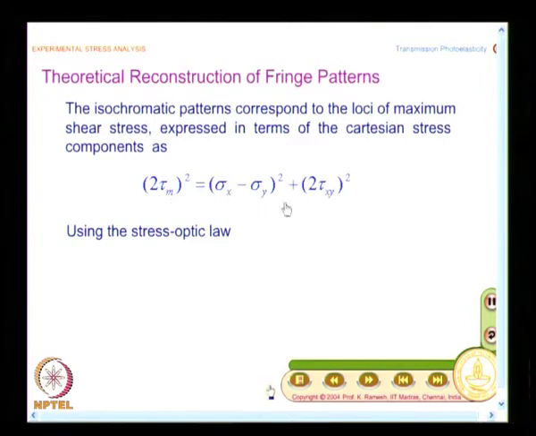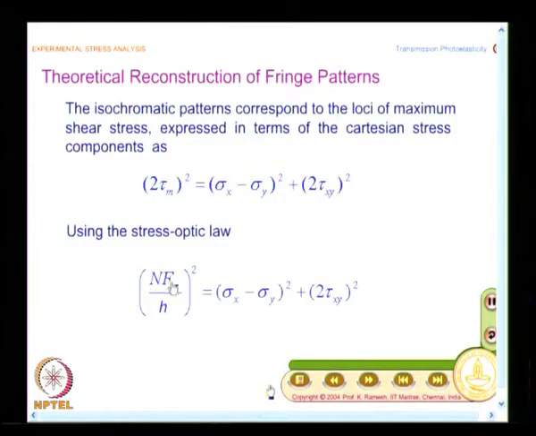And in any problem where you have an analytical solution, it is possible for you to find out the right hand side. I know sigma x, sigma y and tau x y. Even if you do not have an analytical solution, suppose I solve the problem numerically, then also I have the right hand side. So, I can get it from numerical or analytical solution. Only the plotting basics is similar, the implementation will be slightly different.